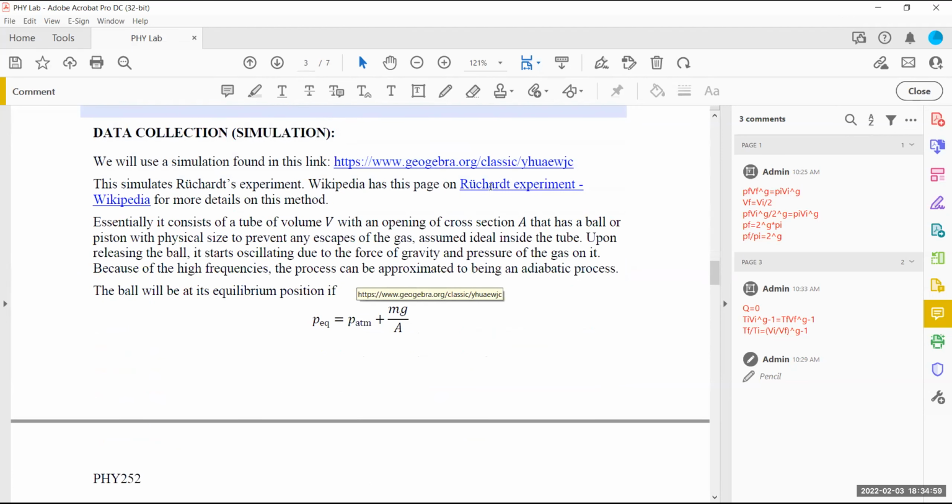Now for the lab. The lab, I give you a link in here from Wikipedia that gives you what the lab is. So you go in there if you want to read about this one and how to determine the gamma for these different gases. You can go back into there and read more about it. And for the animation, it's straightforward, really.